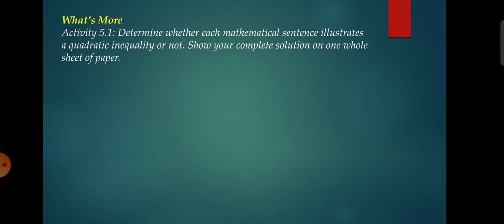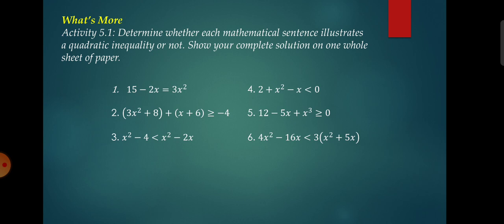For what's more, when you answer Activity 5.1, determine whether each mathematical sentence illustrates a quadratic inequality or not. Show your complete solution on one whole sheet of paper as what you have seen a while ago. So we have there 1, 2, 3, 4, 5, and 6. I guess you can select the running items to answer. So next,